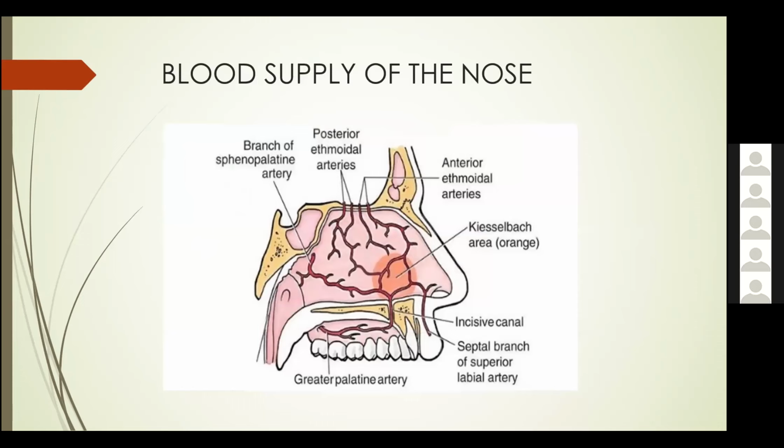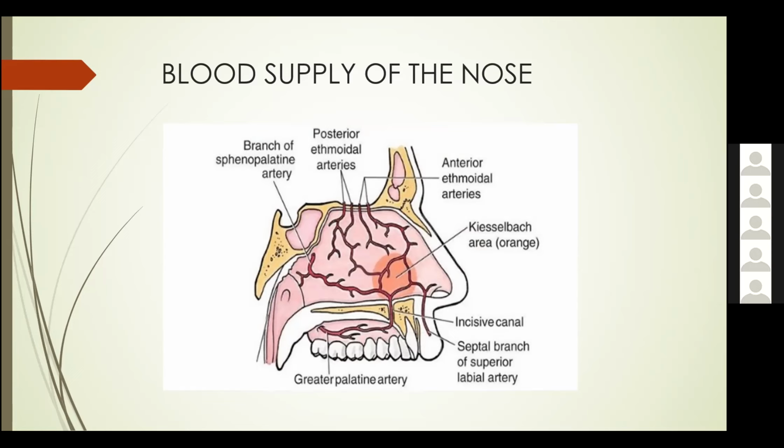Now, blood supply of the nose, like I said, that's in more detail now. I just want you to take note of the association between three big vessels here: the greater palatine artery, the sphenopalatine artery, and the ethmoidal arteries. Now, there's an area where these vessels actually coalesce, which we call the